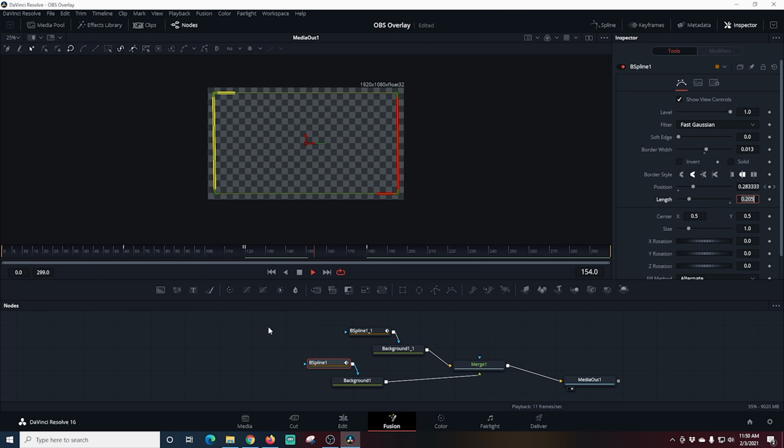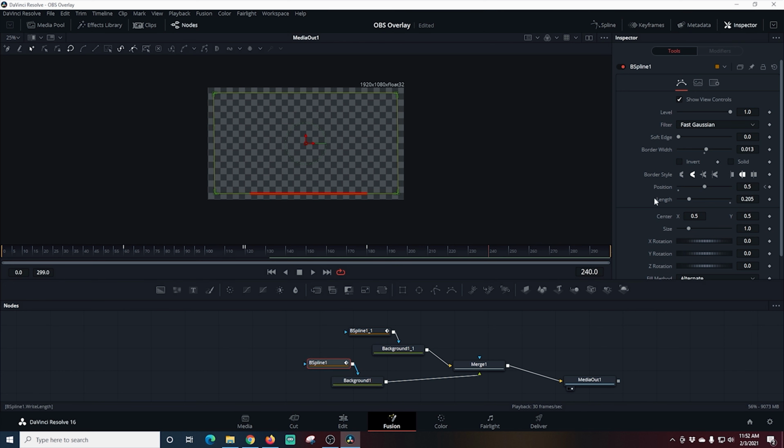Awesome. Now I just want to make sure that I fix it so it's going to go around the way it's supposed to. So I'm going to take this one and move it back to position 0. And this is just to make it go in a circle. Then we're going to go out to frame 240, and I'm going to adjust this one to 0.5. Then I'm going to select that other B-spline, and we're going to set this one to the 240 frame, and